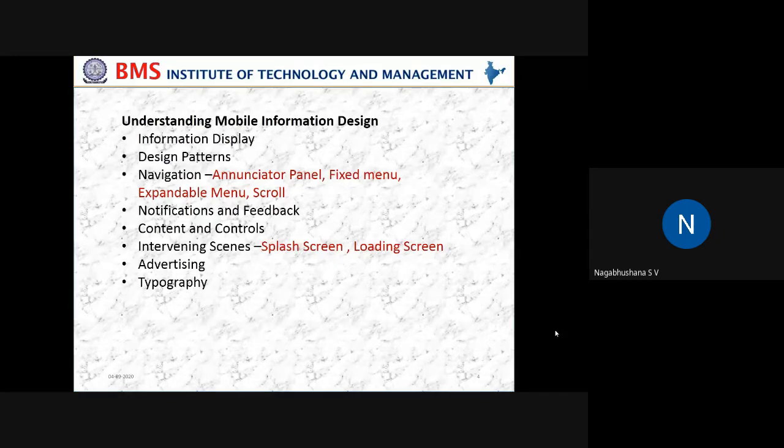There are different types of mobile devices, which offer an exciting space to design information, fitting personalized and real-time data into a tightly constrained screen. By tightly constrained screen, I mean you have only a few inches of mobile screen.